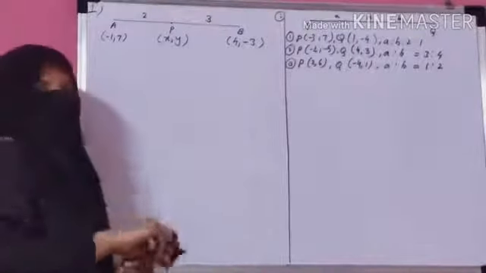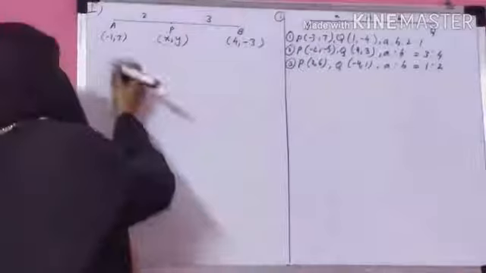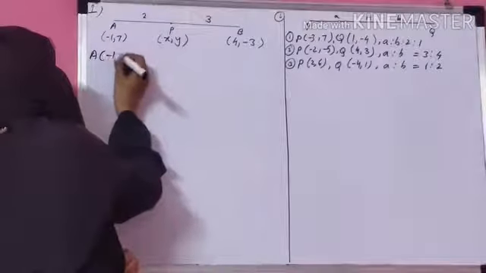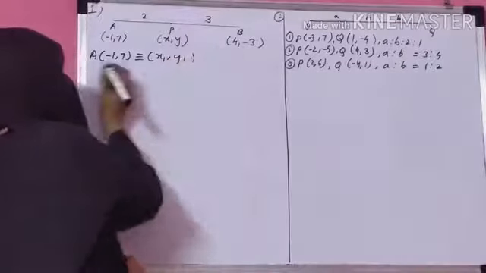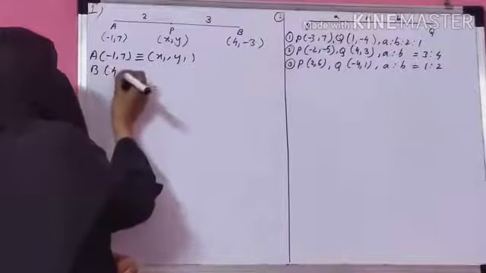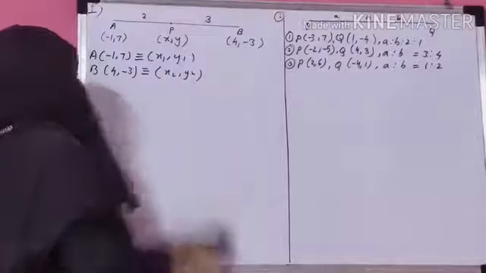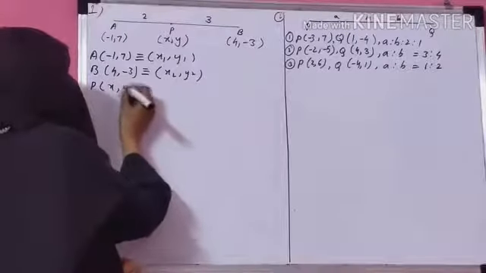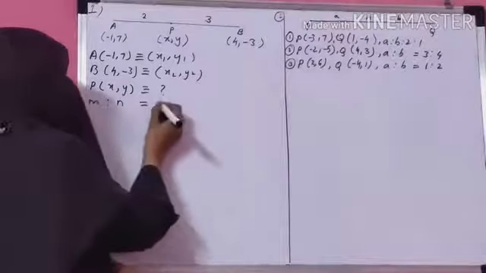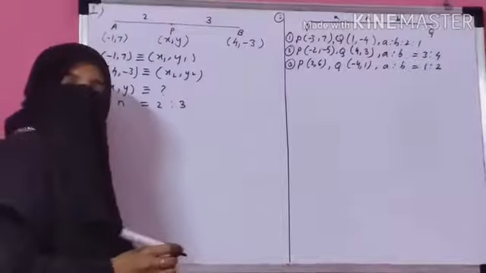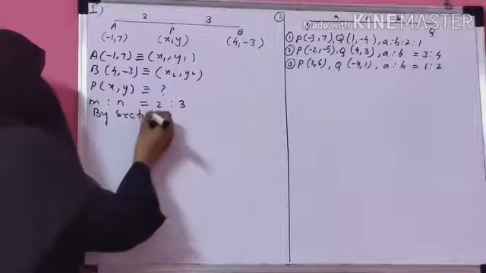So here this point divides this segment in a section, so we have to apply the section formula. First, the coordinate of point A is -1, 7, that is nothing but x1, y1. Now the coordinate of point B is 4, -3. This coordinate is nothing but the second point, x2, y2. And the coordinate of point P, x y, we have to find here. So apply, the ratio m is to n is given to you as 2 is to 3. So apply the section formula.